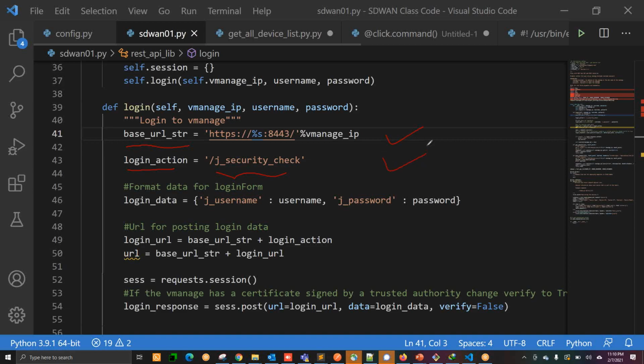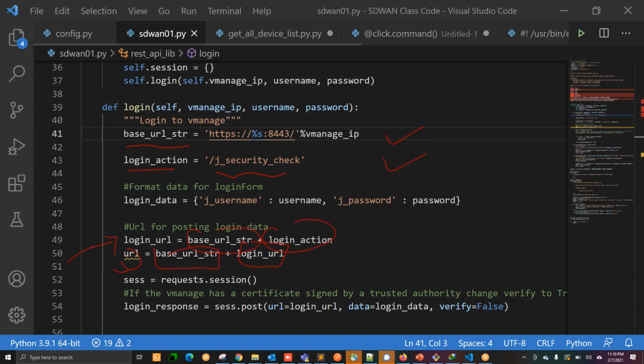Now your string and security check will become the login URL. Now that login URL will become the URL when you add the login URL to the base URL string, correct? And it's a straightforward thing, nothing complex. You can think like this.